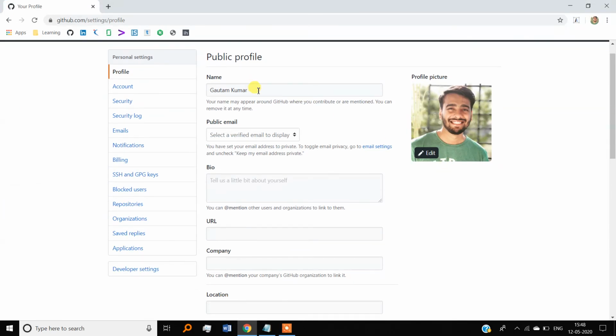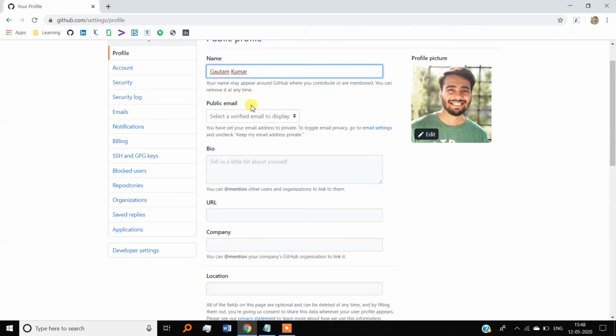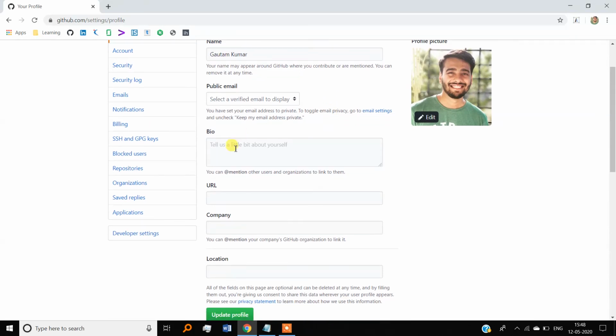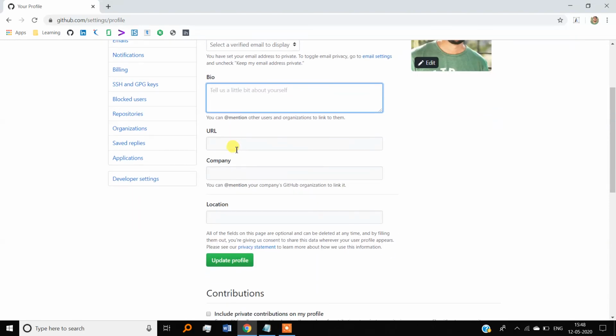You can keep your name here, whatever your name is, and you can make your email public so it will appear in your profile to everyone. You can write about yourself in the bio, and you can provide a URL, like your LinkedIn account or if you are a YouTuber, so it will appear to someone who views your profile.